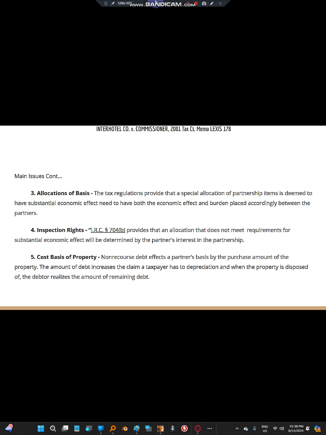Tax regulations provide that special allocations of partnership items need to have both economic